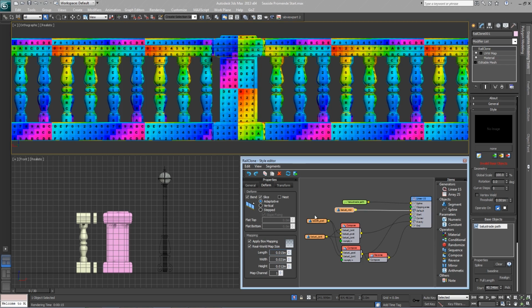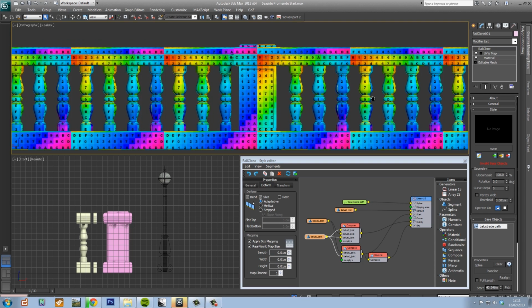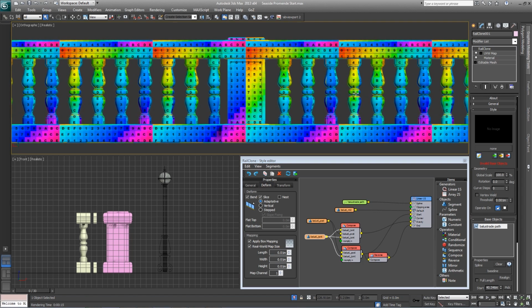In order to apply this to all the other segments, simply click on them, go to Deform, turn on Apply Box Mapping, and turn on Real-World Map Size. And do it for the last one. If you look at it now, you can see the texture seamlessly tiles down the entire length of the RailClone object, spanning several adjacent segments, including the fillet and the post, and you're going to get a seamless texture using this technique. If I just apply the original stone texture,